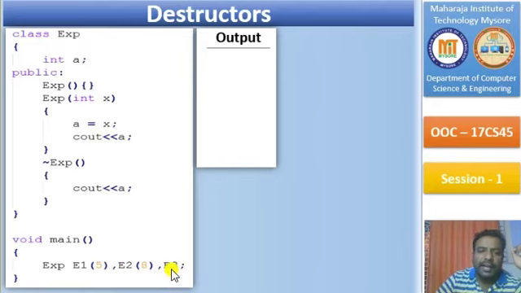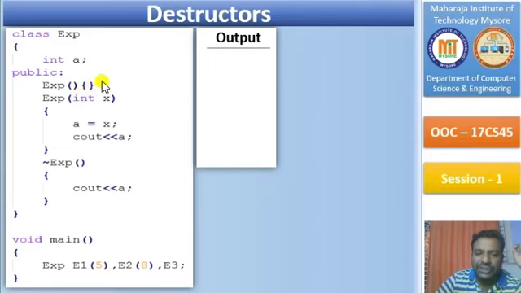When I create e1, int x has been replaced with 5, the value of a is 5, and I should print the value of a immediately as 5. Then e2 is called, I pass the value 8, and 8 is assigned to a, and immediately I should be able to print the value of a. So I should print 5 first, then 8, then e3 is called with zero arguments. There is no value assigned here, hence it's going to be a garbage value. Some garbage value should be printed over here.